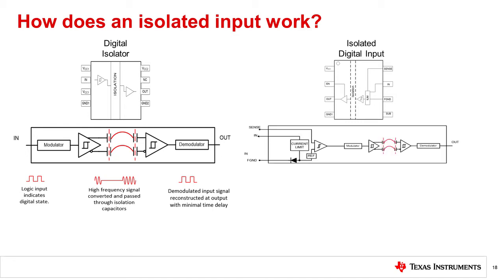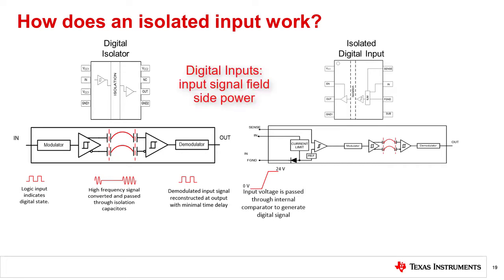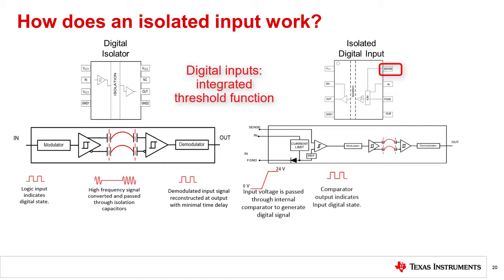An isolated digital input device commonly receives 5 volt to 60 volt digital input signals and provides an isolated digital output. Unlike the digital isolator, the digital input signal can also serve as the primary or field side power supply, keeping the device powered as long as the input signal is present. Internal voltage comparators connected to the sense pins determine the input voltage transition thresholds, and a field side ground, FGND, is required to reference the circuit to the same common mode as the input. The voltage input threshold is related to the input supply and can be programmed by the user with external resistors.